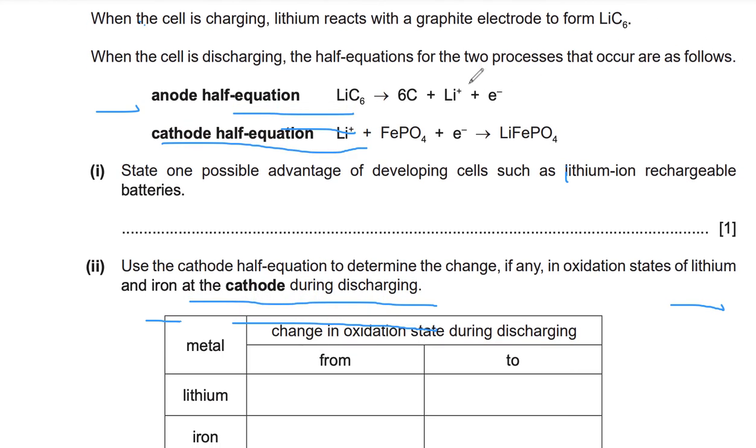So it's for a cathode, right? So lithium, let's find out the oxidation states. So PO4 is -3. So let's consider this as -3,